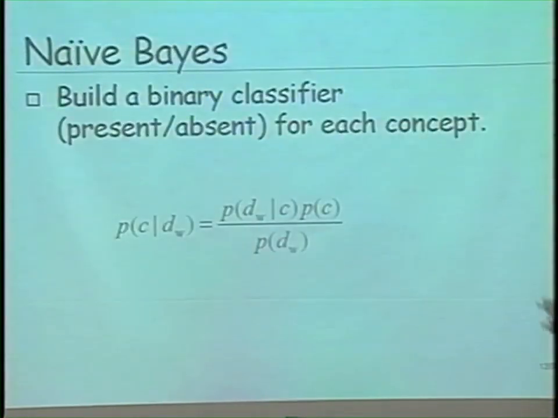Naive Bayes is the great granddaddy of all machine learning techniques, I think. And here's the obligatory formula. And so we built 70,